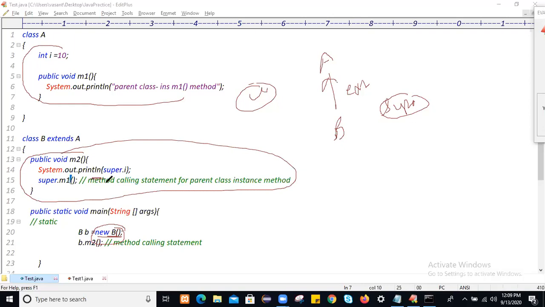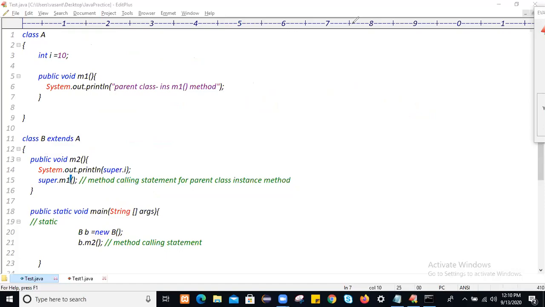So that is the meaning of the super keyword. Super means representing a super class. So we call this class A a super class, or parent class, or base class. When class B inherits class A, then class A is called the super class or parent class or base class. And when you create a child class object, by using the super keyword we can represent this parent class property. That is the thing I'm explaining here.